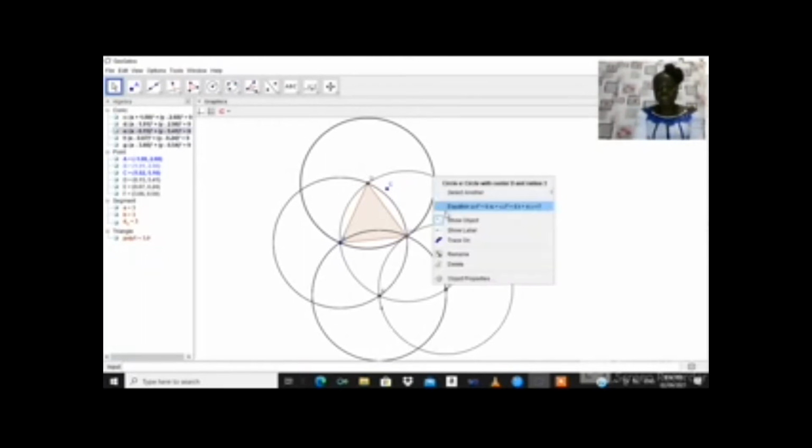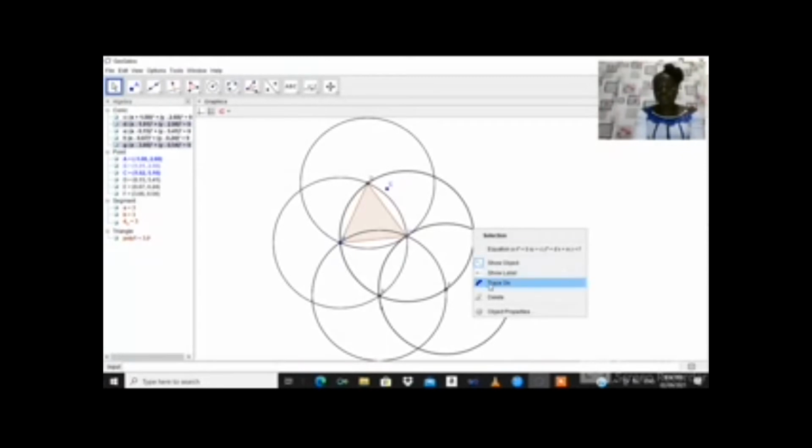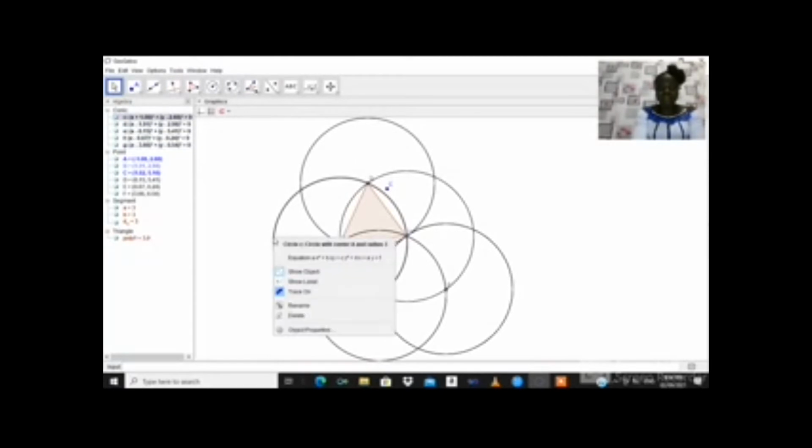You right click, the pop-up will come and you click on trace on. So right click, pop-up will come and you trace on. I believe all our circles have been traced on. Okay, so with this,